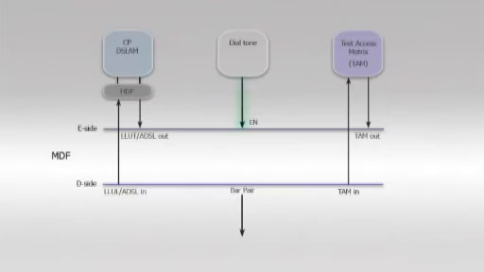A broadband service, previously called an ADSL circuit provided by BT, had two jumpers. One jumper from the EN E side to the ADSL in block on the D side. One jumper from the ADSL out block E side to the bar pair block D side. This would be written as,